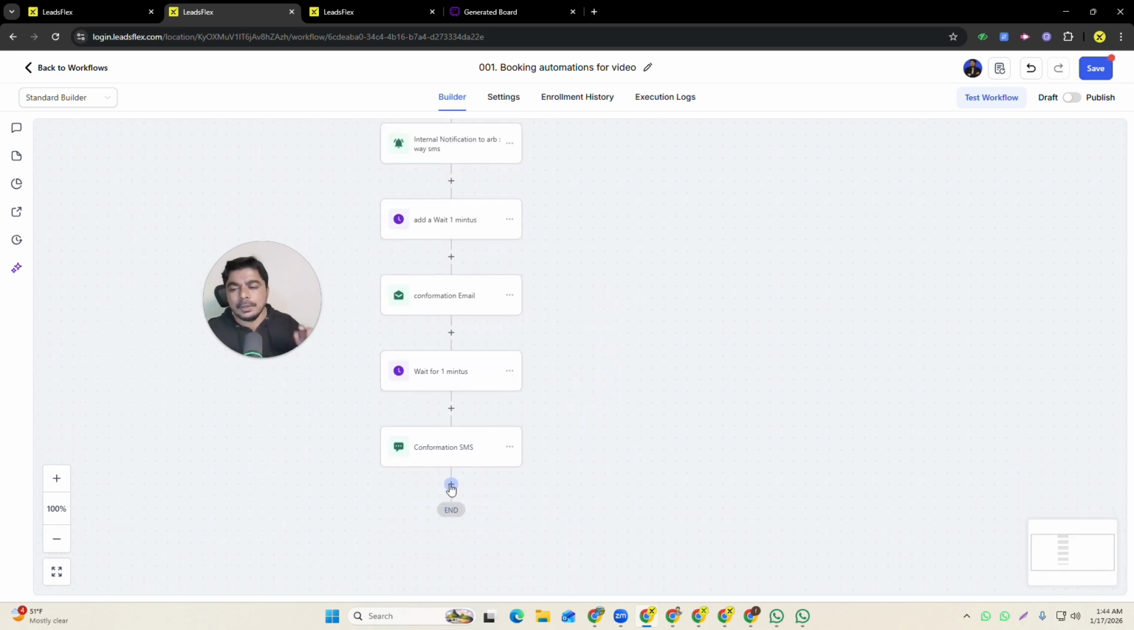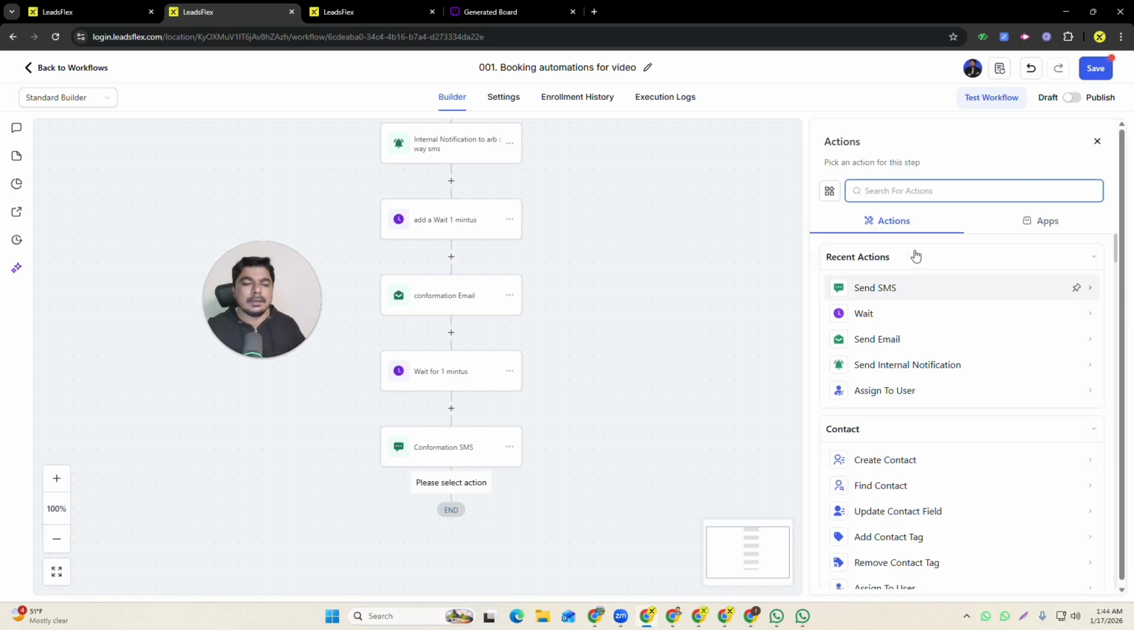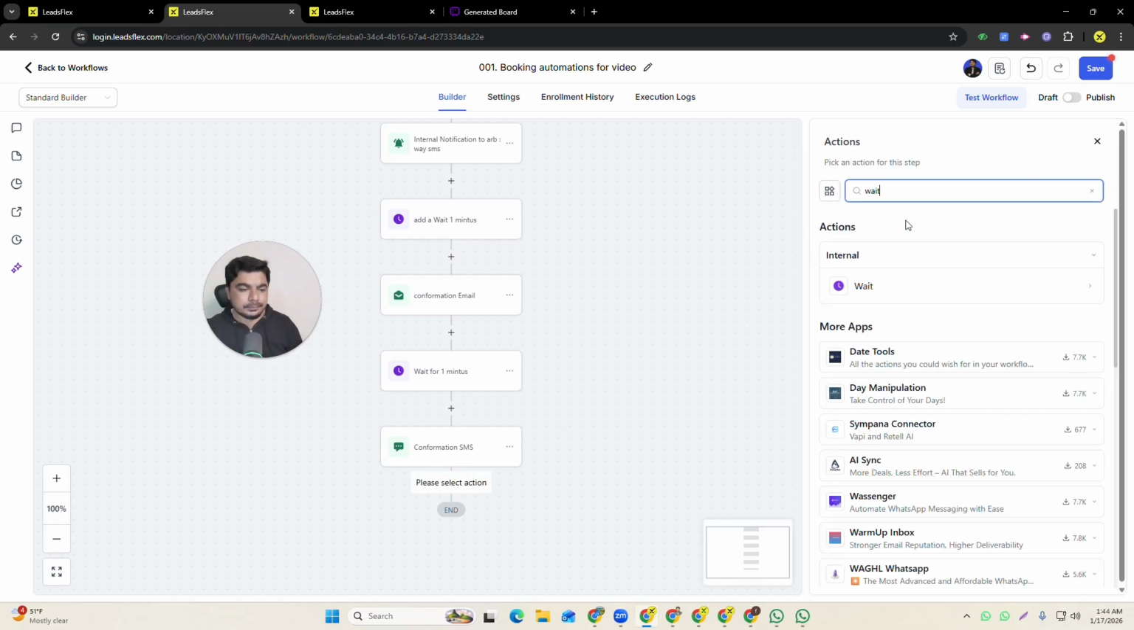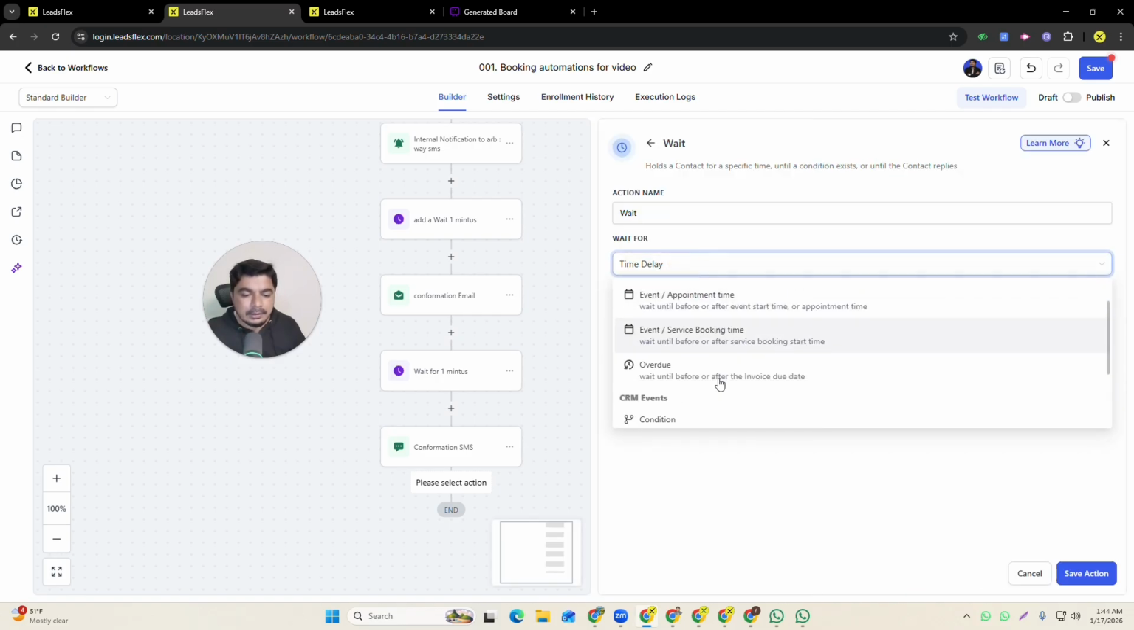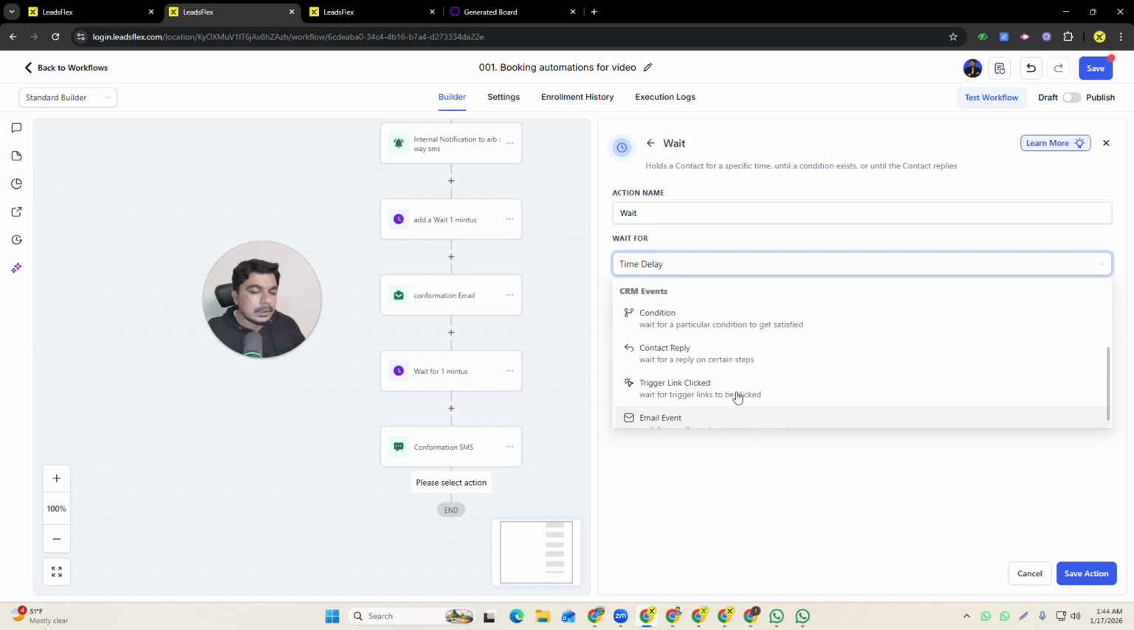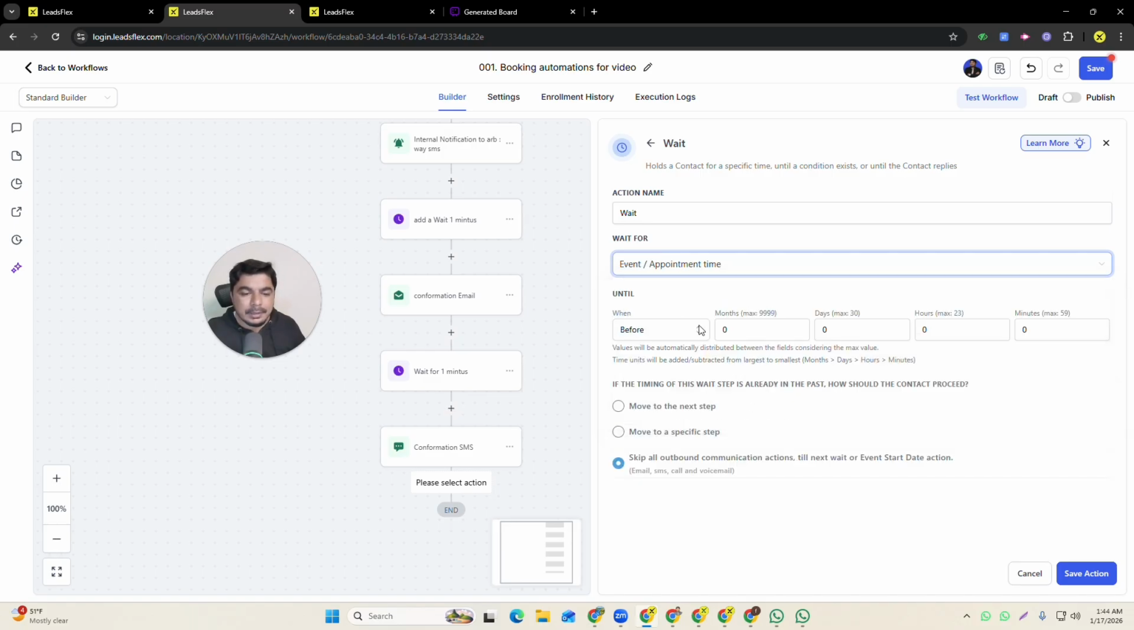And after that, once these are done, we will send reminders. We can make it in the same workflow, or we can use another workflow. What we can do, we will wait, and we will send a time delay, and we will say overdue conditions, whatever you want to do, but we can say appointment time, and before the day. Let's make not days, we will say 24 hour, and we can say 23 hour